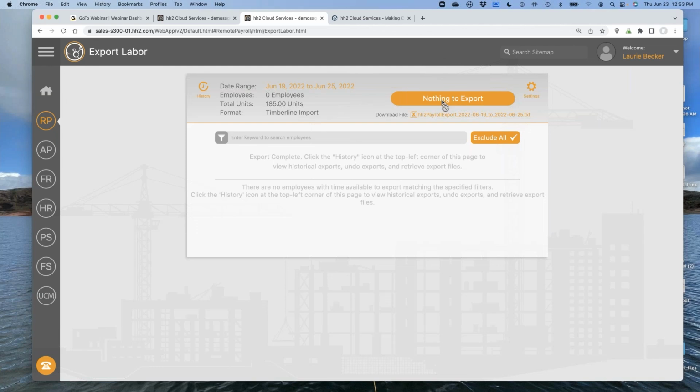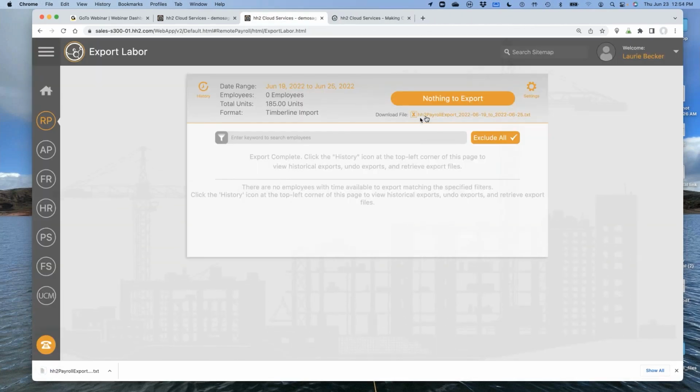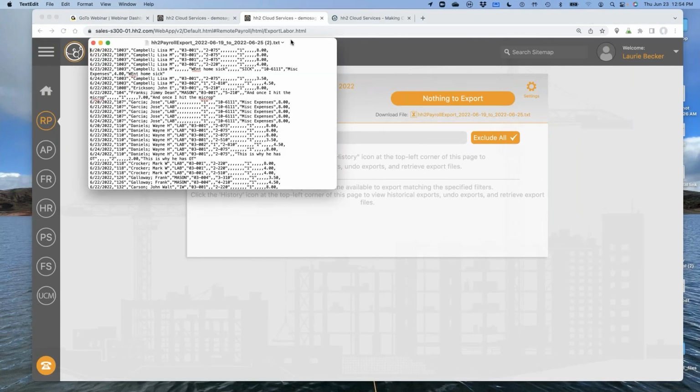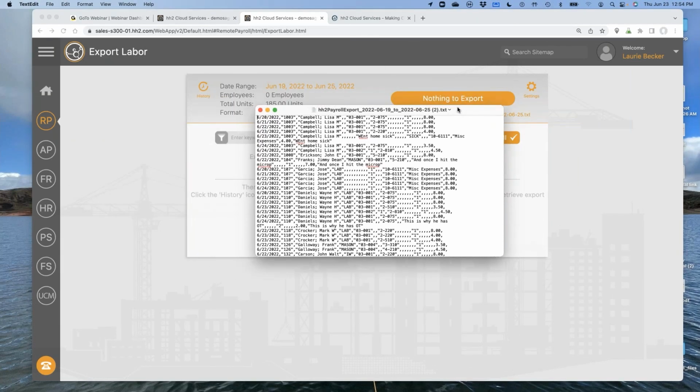Okay, if I'm Sage 300, therefore I can click on the export time, actually have the export file. I'll open up Sage, Payroll, Tools, Import Time. And then there you will see those records. Now, for some of you who may be looking to the future, some may look at Acumatica, some may look at Intacct, etc.